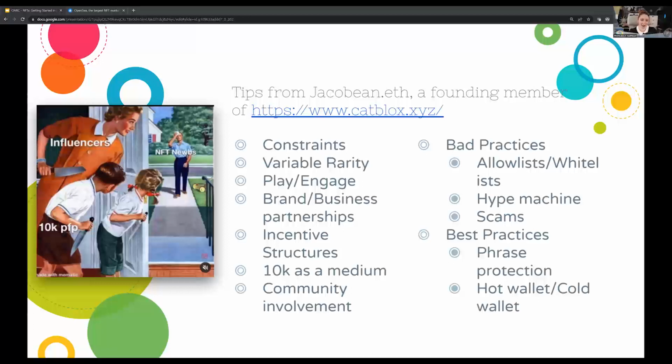One thing that has been standardized at this point, though, is this 10K collection series, to the point where we might think of it as a medium in itself. Because 10Ks are now well established, there are many ways to create brand partnerships with NFT releases that combine currency, collectibles, community, and marketing. The key here is to create an incentive structure for the community so that there's an increase in the value of the things that they hold.